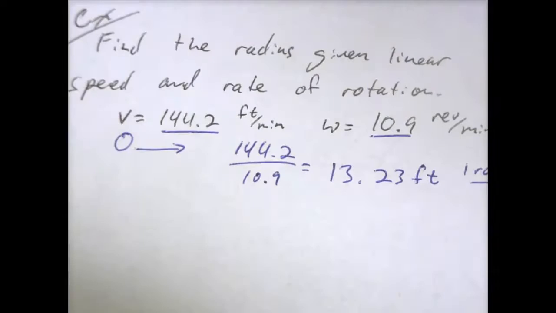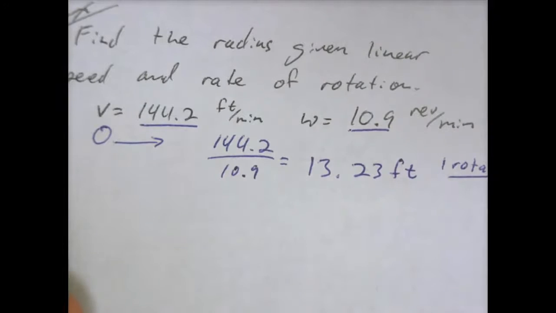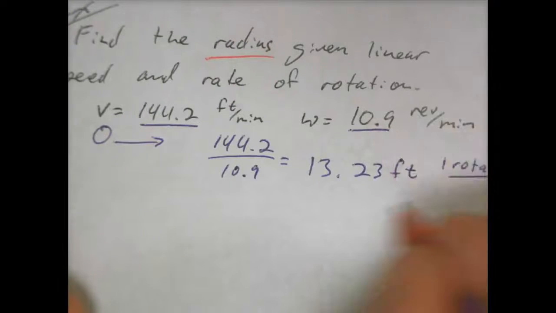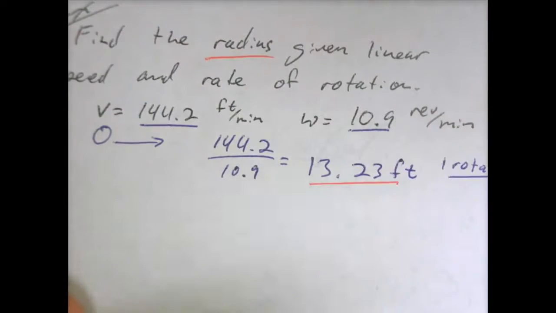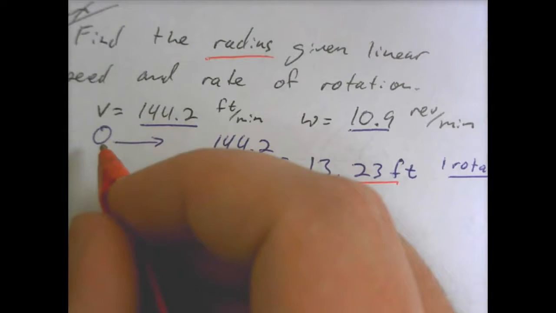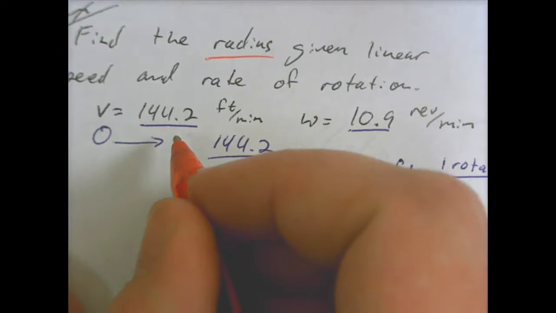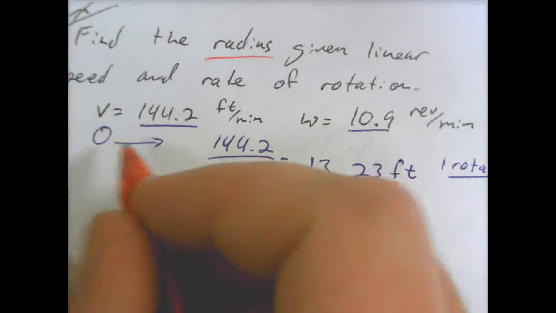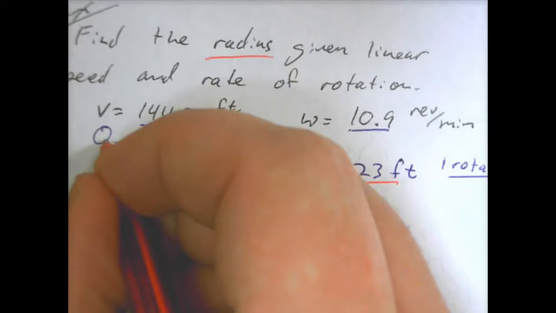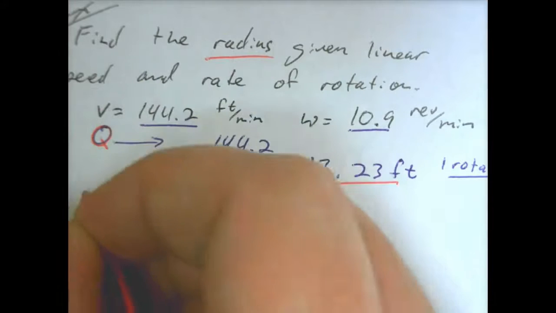So it just spins around one time, makes one complete circle, and it goes 13.23 feet. To figure out the radius given that, I know that this is along the outside of the circle, because that's how circles travel. They don't go on the inside to move against the ground. Think about tires. They hit the outside of the circle, so the total distance that it travels is this part, then this part, then this part, then this part, until it makes the full revolution around that